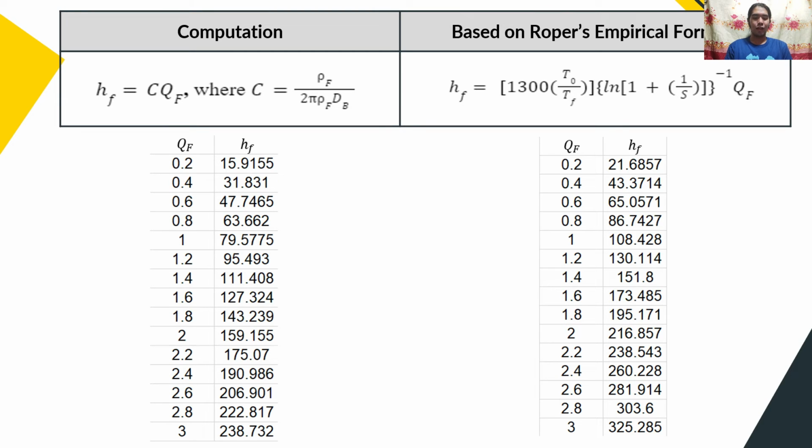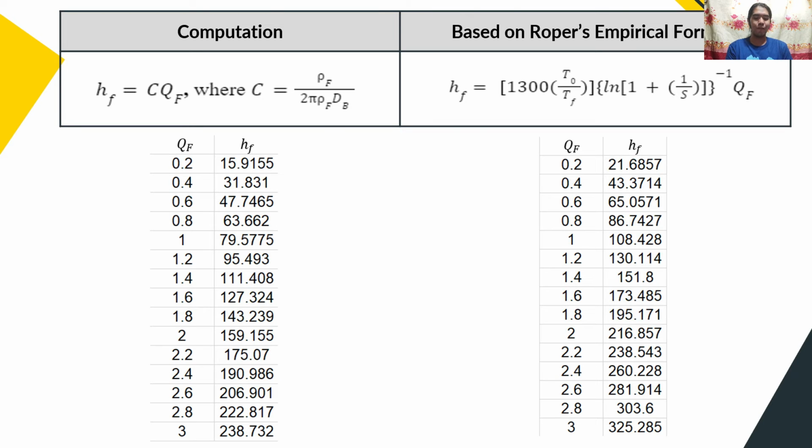And then, as you can see here, there is a formula which states that in the conventional computation, the height of the flame is equal to the density of the fuel all over 2 pi times the density of the fuel times the diameter of the burner, whereas the Roper's empirical formula